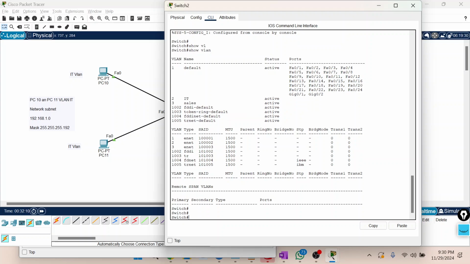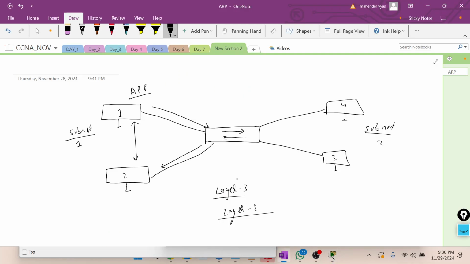See, whenever you have a VLAN, there are two types of ports. One is an access port and one is a trunk port. First you understand what is an access port. Usually when the traffic is coming from a switch, if it is connected to an endpoint, that particular port should be part of an access port. This particular port should be of type access port, because only one PC is connected to that.